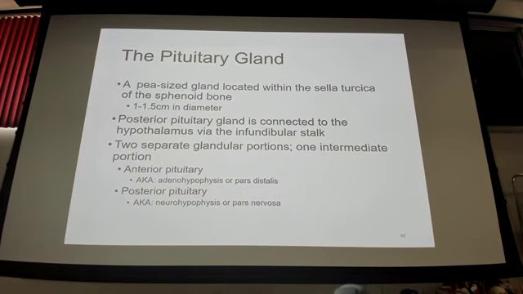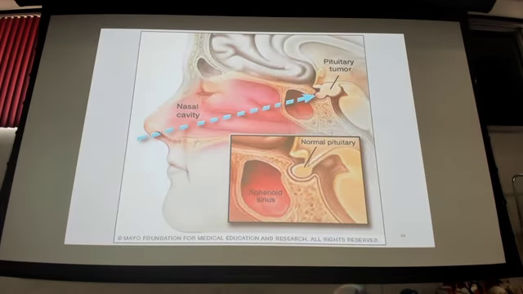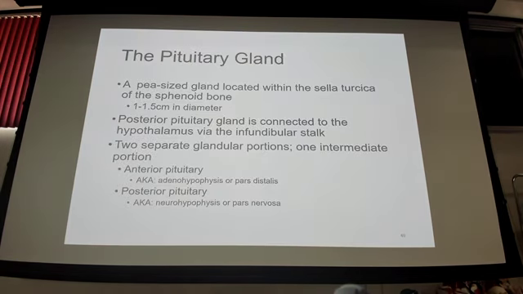So sella turcica is the area of the skull, and I know you guys haven't done skull yet, but it's the area where the pituitary sits, in the sella turcica of the sphenoid bone. And if you're looking, optic tract is here, so if we get some sort of a growth of the pituitary, that's why I can envision. Right? Going back to this, different names, of course.